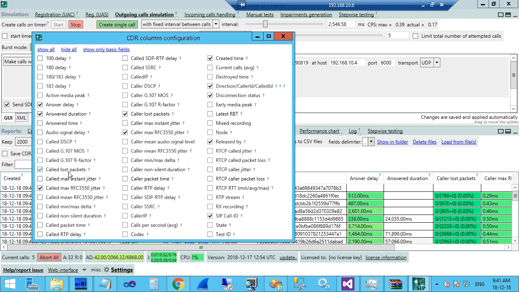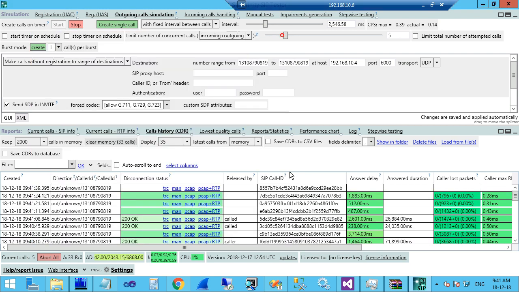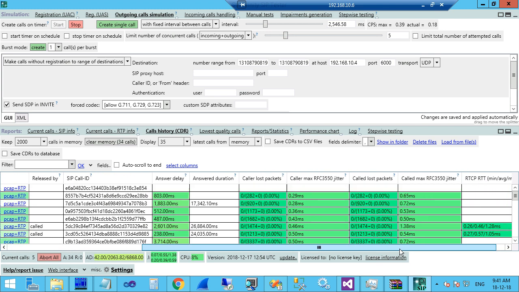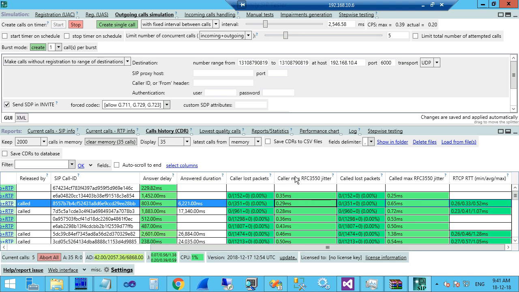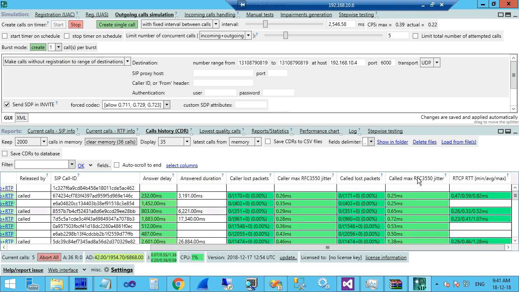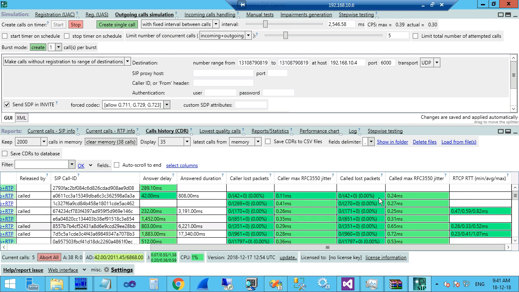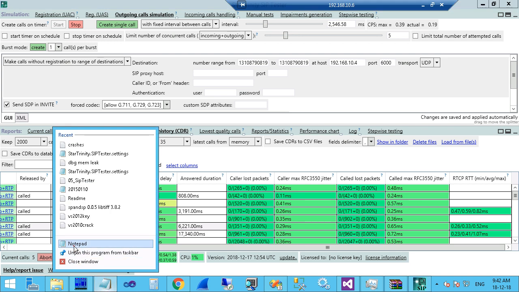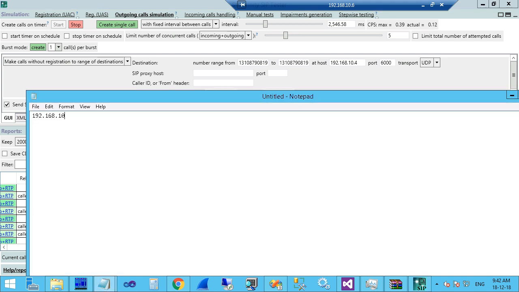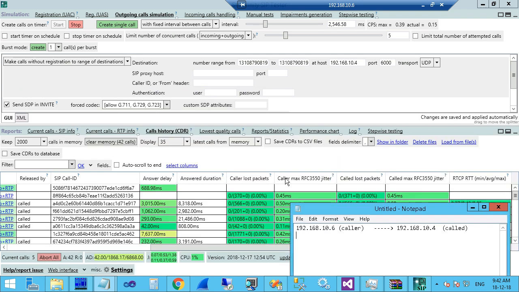We look for jitter and packet loss and RTT, round trip delay, RTD. And so both packet loss, caller and called. So why does it display both caller and called statistics here on one server? The reason is that 10.6 generates calls to, this is caller, this is called, and we see statistics for caller and called